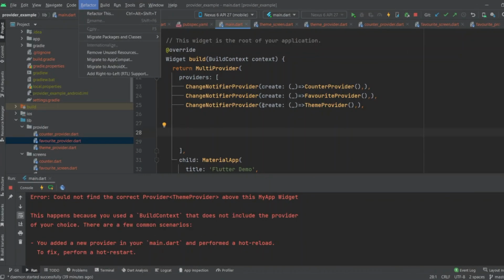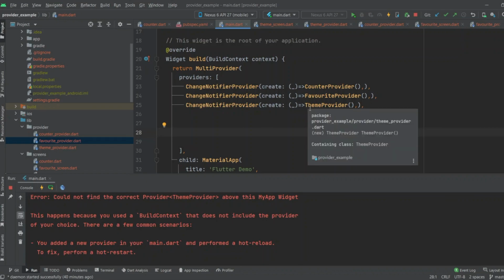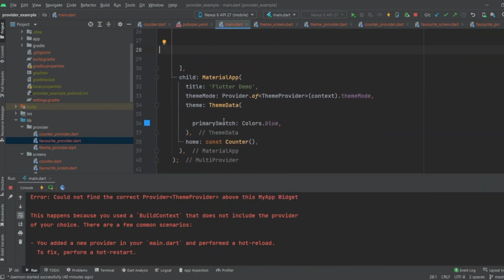Hi guys, if you are using Provider and you want to change the theme of your app, and if you have already initialized Provider in the MultiProvider and you are still facing this error, that this happened because you use a build context that does not include the Provider of your choice, but you have already included your providers. So you can remove this error by